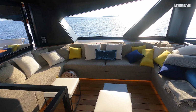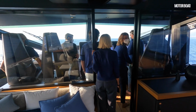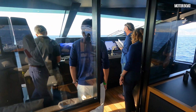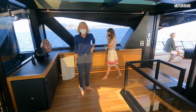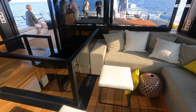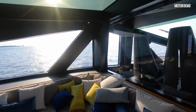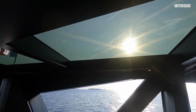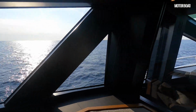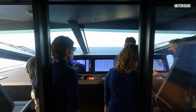So this is the top deck on the Wally Y200, and it's enclosed up here too, so there's a bridge forward, but glass bulkheads, so there is a fantastic view right through the yacht, whether you're at the helm or in this lovely sky saloon with that carbon fibre staircase leading up into it, and this lovely wrap of seating around the port side, and these amazing angular windows everywhere. You've got skylights overhead, this extraordinary triangular side screen, the glass bulkheads to that iconic raked, almost cockpit fighter style bridge deck,